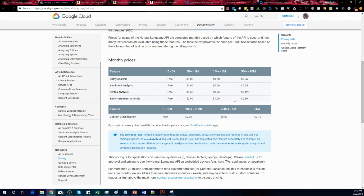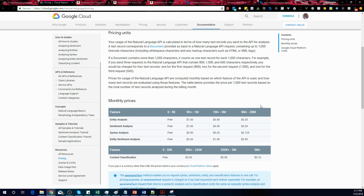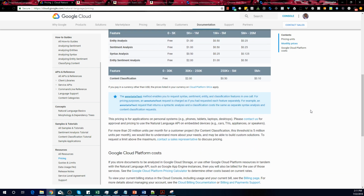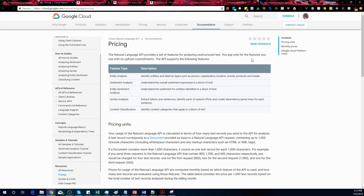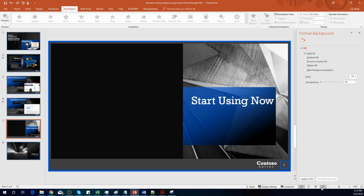So the last thing I want to mention about the Google Natural Language Processor is the fact that you can use it for free. Now, if you look at their pricing guide, it shows that it's free for a certain amount of usage. But the cool thing about this is that you can use this thing literally for a year, because Google offers you a $300 credit to try it out for 12 months once you sign up. And so the bottom line is this thing is free to use. You can take advantage of it, and I highly encourage you to go ahead and